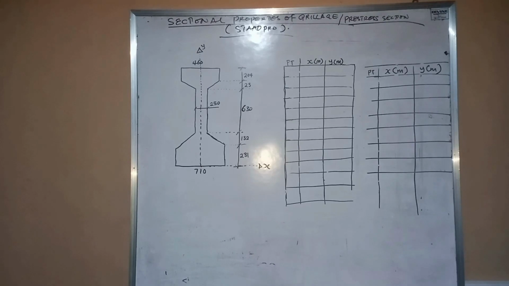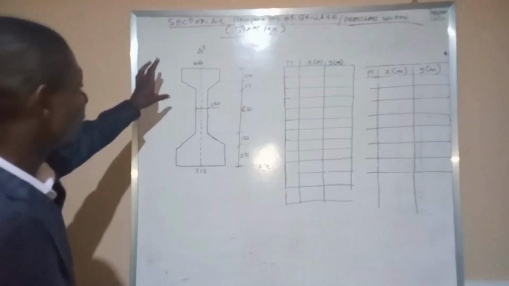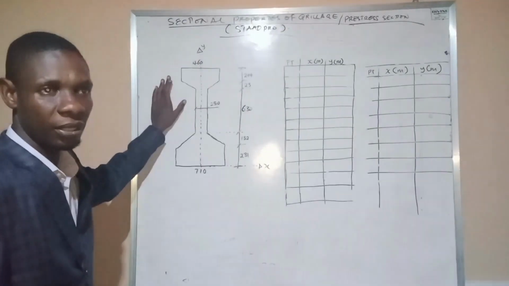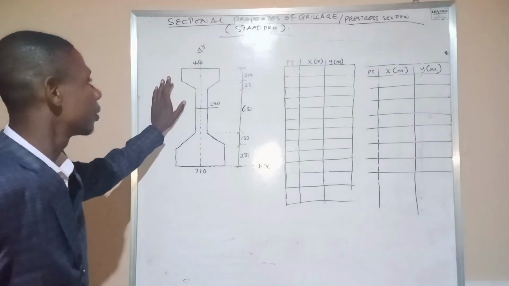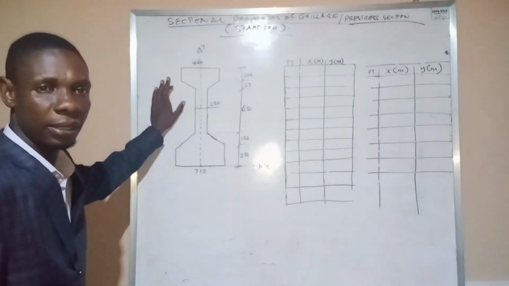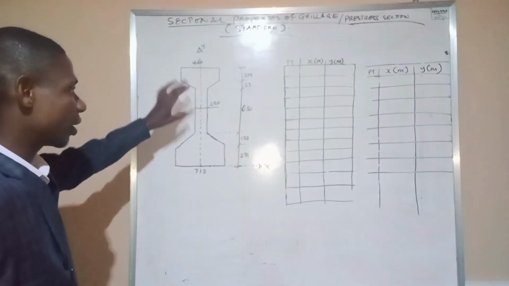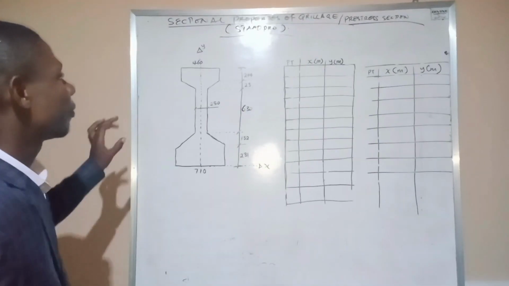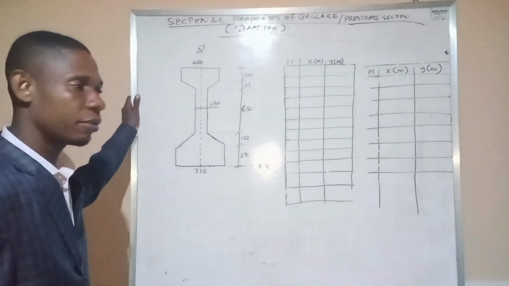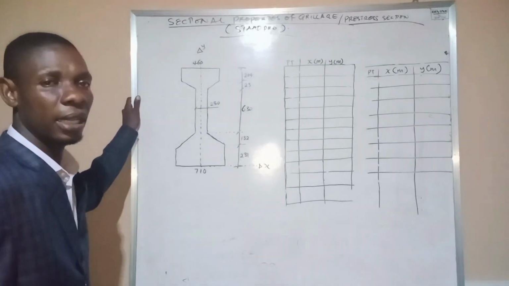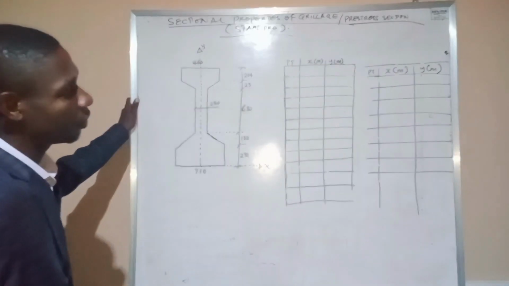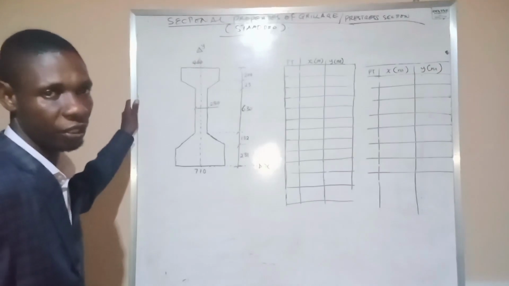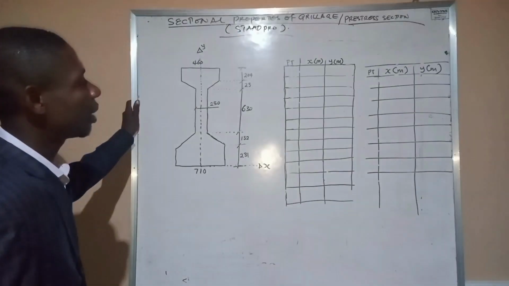Now, apart from obtaining the properties in STAAD.Pro, we can as well decide to make use of the properties obtained from STAAD.Pro to do our manual design of this beam. All right. Now, from our previous video, we treated the HA and HB load, and we were able to draw the bridge configuration. We discovered that beam